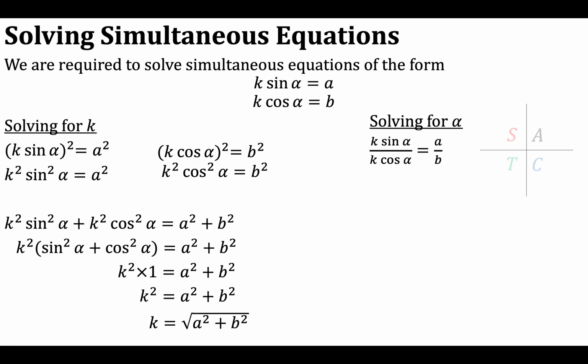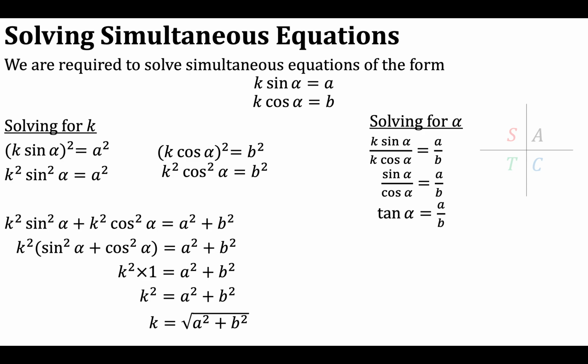So let's look at the equations to solve for alpha. If we divide the first equation by the second, so k sine of alpha over k cos of alpha is equal to a over b. Now the k's here will simplify to 1, so we'll be left with sine alpha over cos alpha equals a over b. And hopefully you remember the other trigonometric identity from National 5, sine alpha over cos alpha is equal